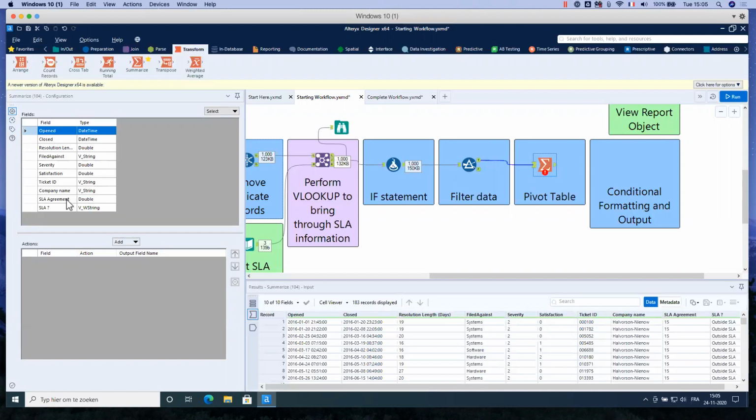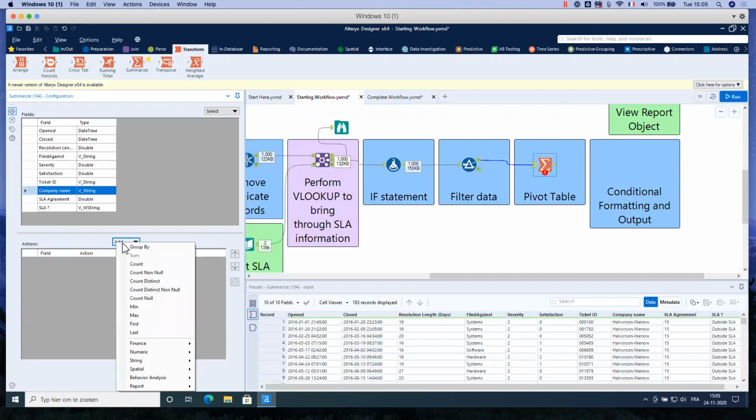For example, I want to group by company, so I select company. If I click on the add button, I have a series of aggregation options specific to the data type I have selected. Here it's a string field, so I'm not able to sum, but I can group by.